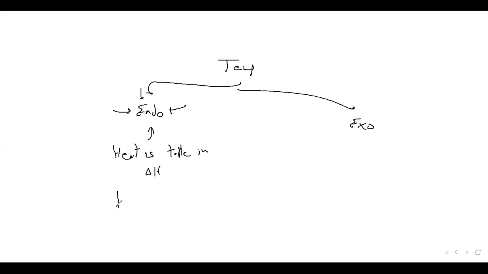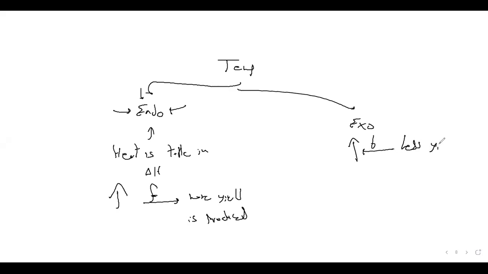By increasing temperature for an endothermic reaction, the reaction moves forward and more yield is produced. While in the case of an exothermic reaction, by increasing temperature, the reaction moves backward and less yield is produced. So for that reason, we must know that